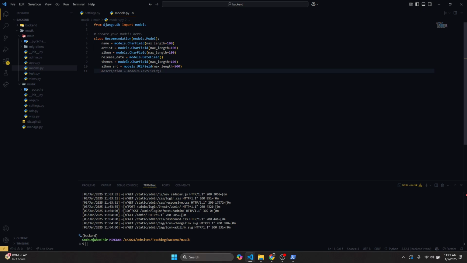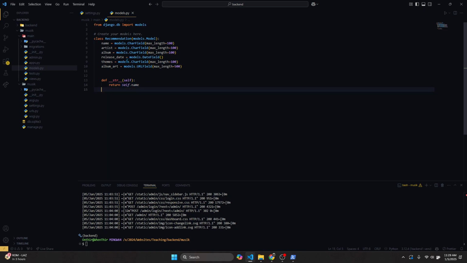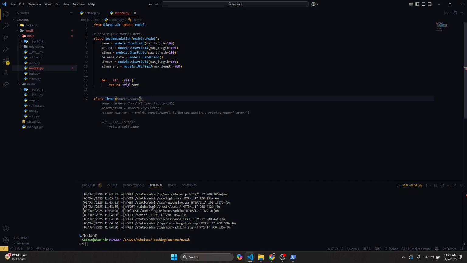And okay, for right now, let's just set it up to this and return super. We don't need this self.name. We can just return that, and we'll also set up themes